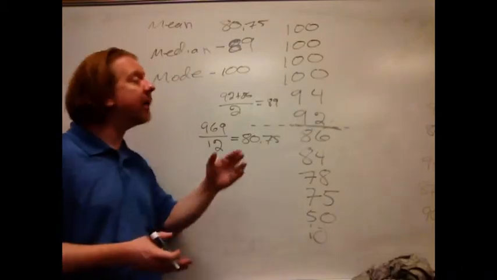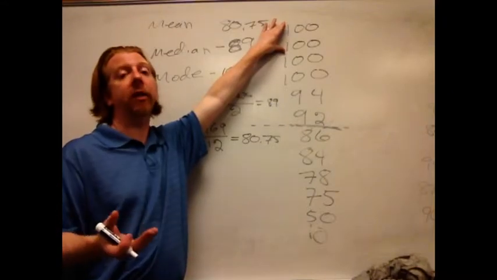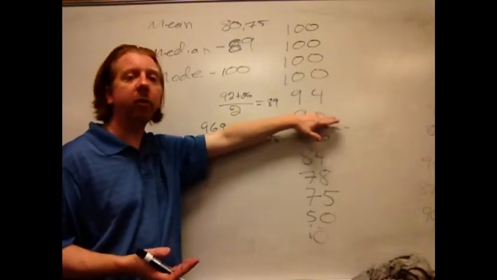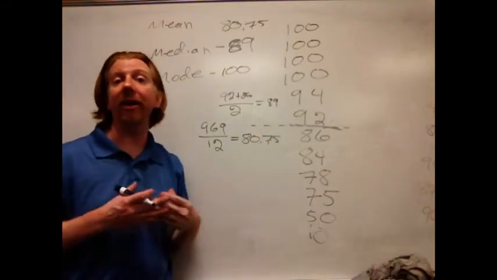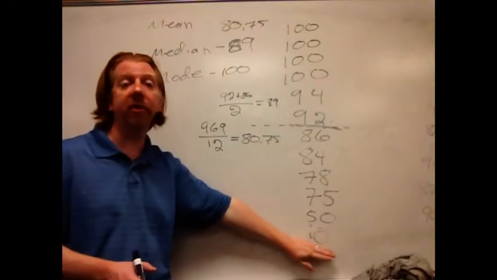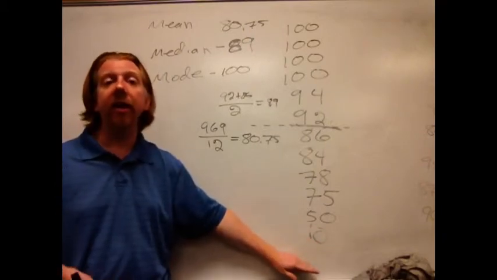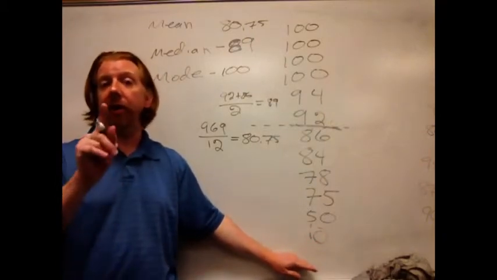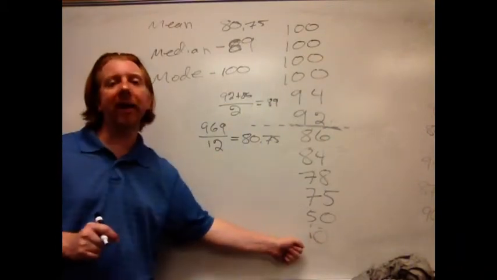When we talk median, even if these numbers could be as high as I want, they could be $1 billion, the middle value is still between this 92 and the 86. So that one very far outlier is not as much of a factor. The same thing here with this 10 down here. This 10 could be as high as 49 or as low as 10. The median doesn't move. Now that said, what if we were to simply take and drop that 10 out of